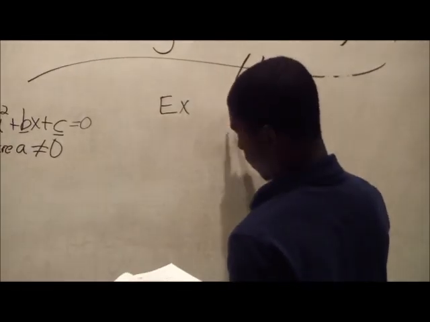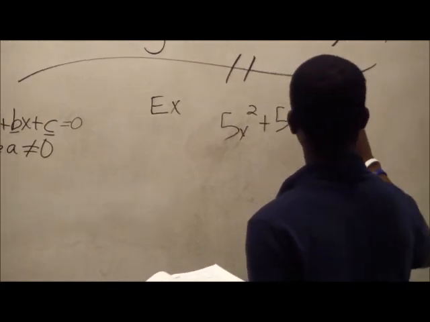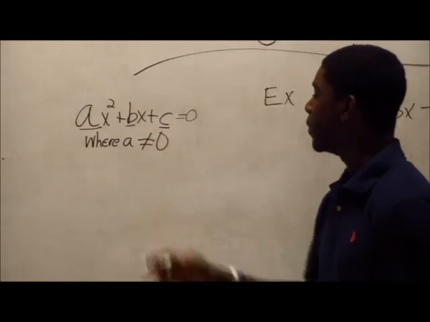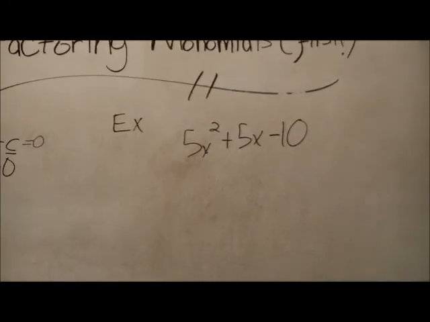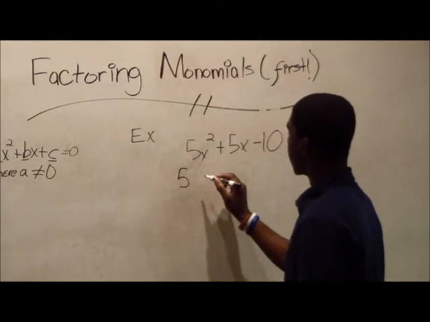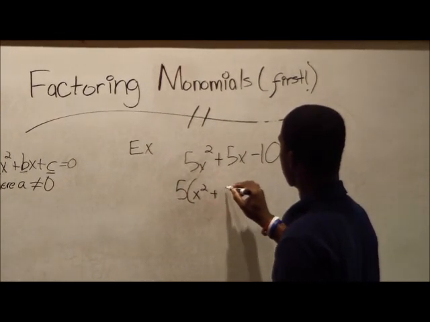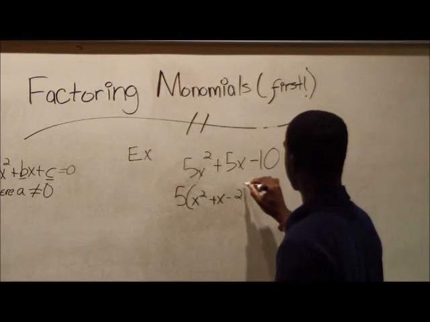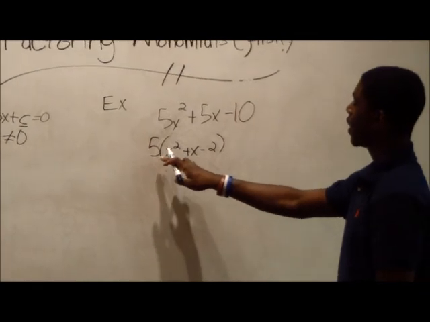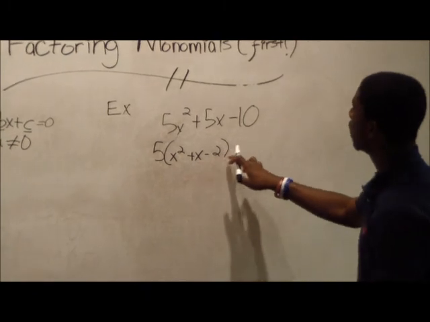5x squared plus 5x minus 10. Now, the monomials are a, b, and c, and we have to find what each have in common, and factor that out. We know that that's 5, because 5 times the quantity x squared plus x minus 2 is the same as 5x squared plus 5x minus 10, because 5 times x squared equals 5x squared, 5 times x equals 5x, and 5 times negative 2 equals negative